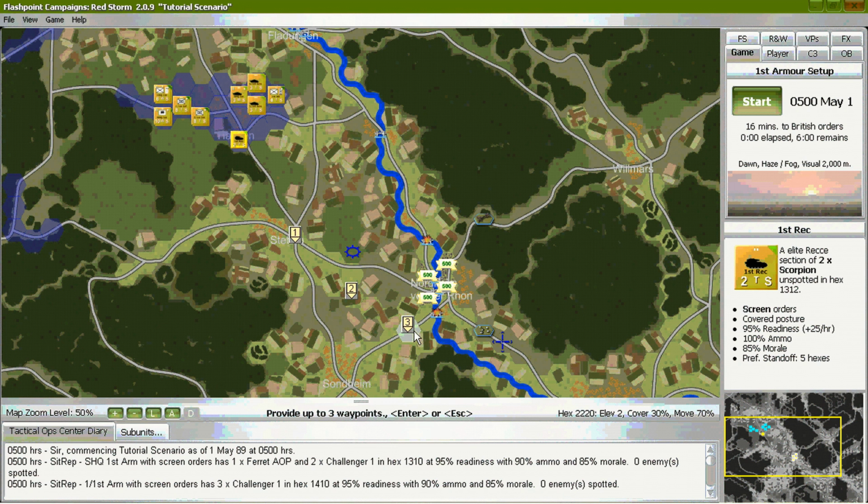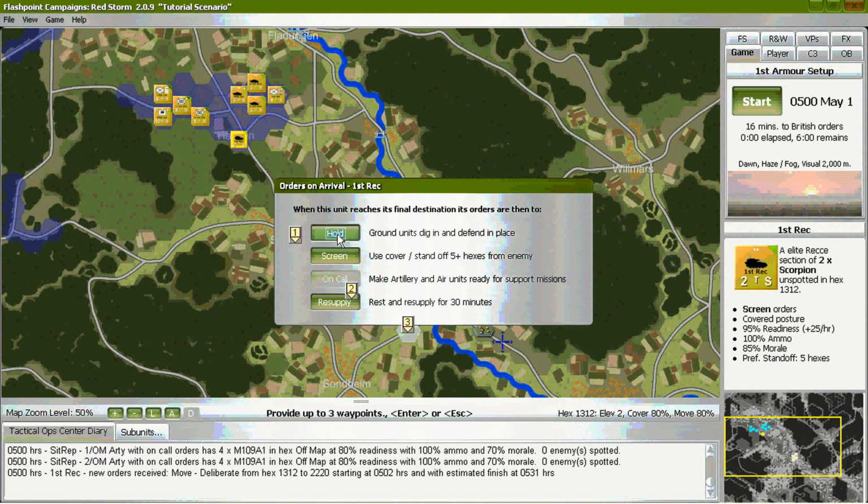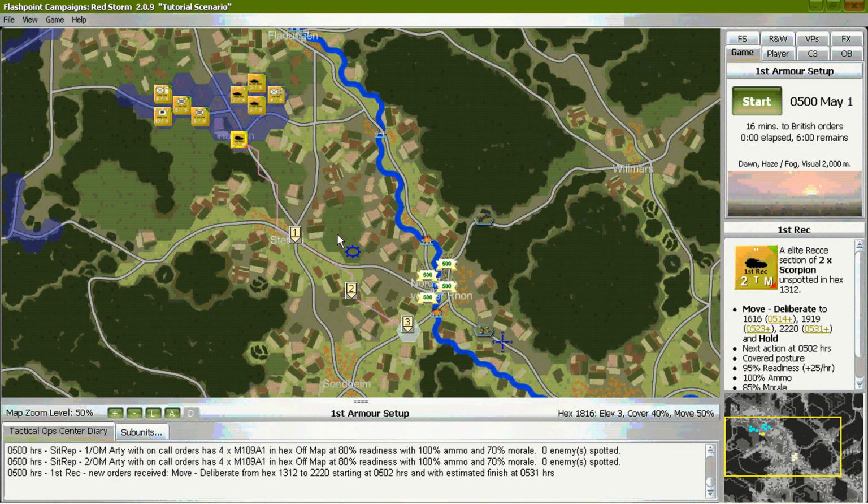And have our reconnaissance finish up its move on the hill about a kilometer southwest of the city. Click back on the unit to issue the order. You are presented with the Orders on Arrival dialog screen. Select Hold to have our unit dig in and do its best not to be seen, and to hold its ground so that it can spot for our force.